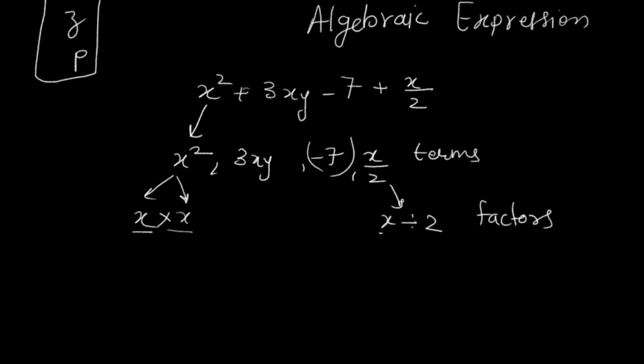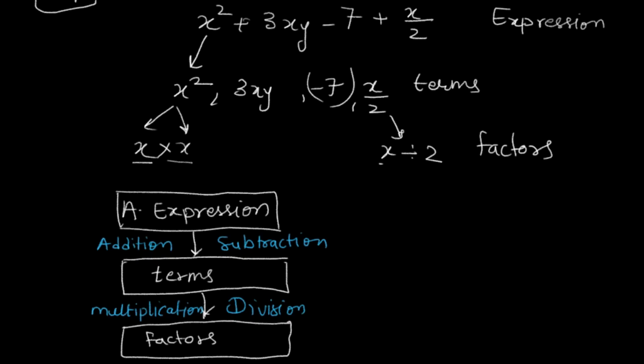And the combination of terms, that is, the operation of addition and subtraction, forms an algebraic expression. So what we can say is that those combined by multiplication and division are the factors of terms, and those combined by addition and subtraction make an algebraic expression. So a lot of factors, when multiplied or divided, make a term, and a lot of terms, when added and subtracted, make an algebraic expression.